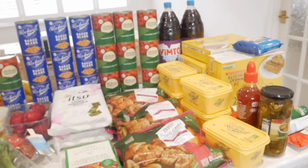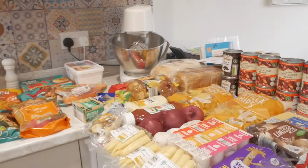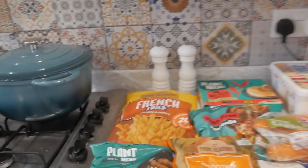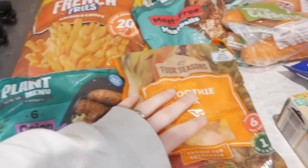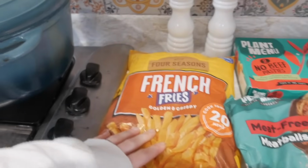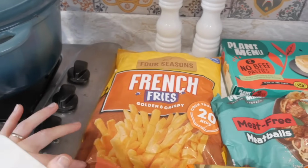So that is a really big stock up that I need to get put away. And then everything else is from Aldi. So I'm gonna start this side. So, got some sausages that are always handy to have in the freezer, and the smoothie mix for my smoothies in the morning. These, we have the air fryer that we randomly accumulated, so they're handy to have in, again, for